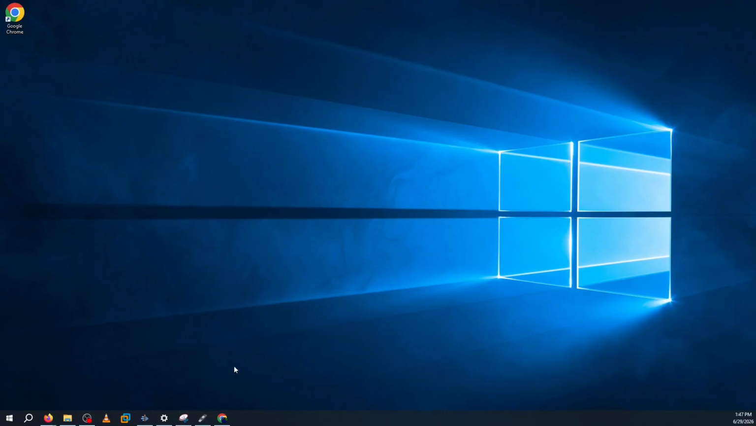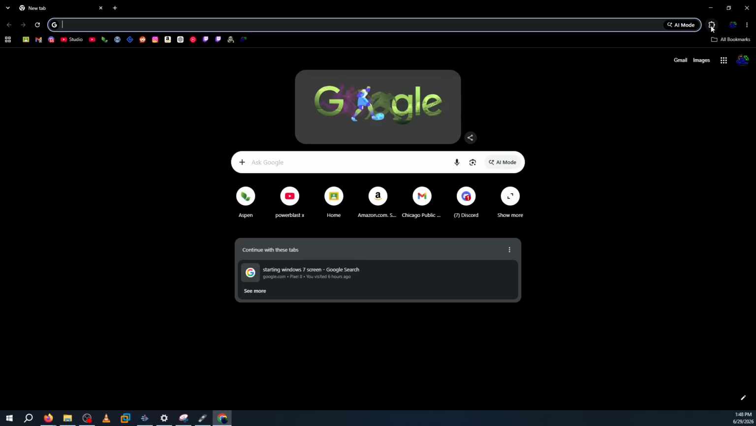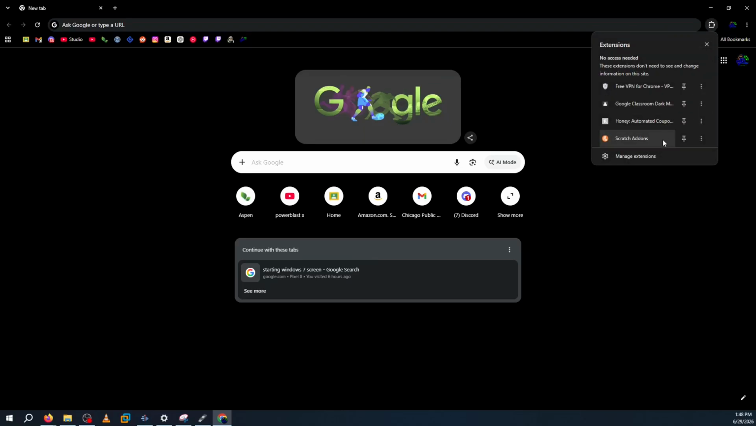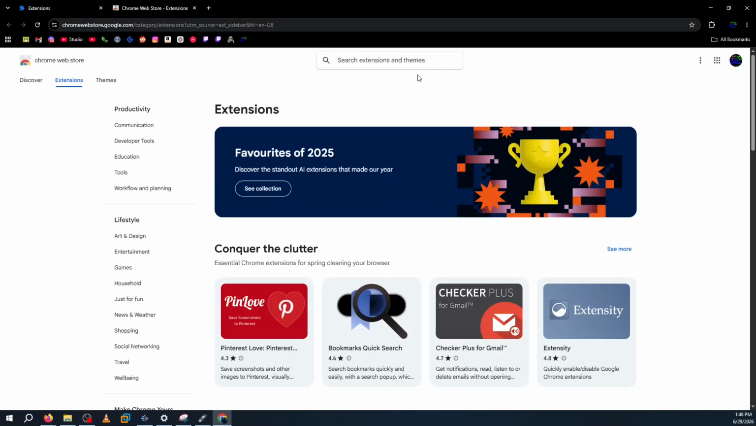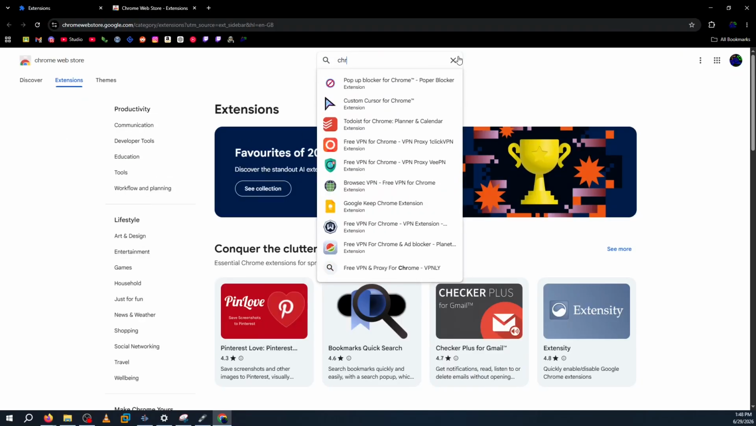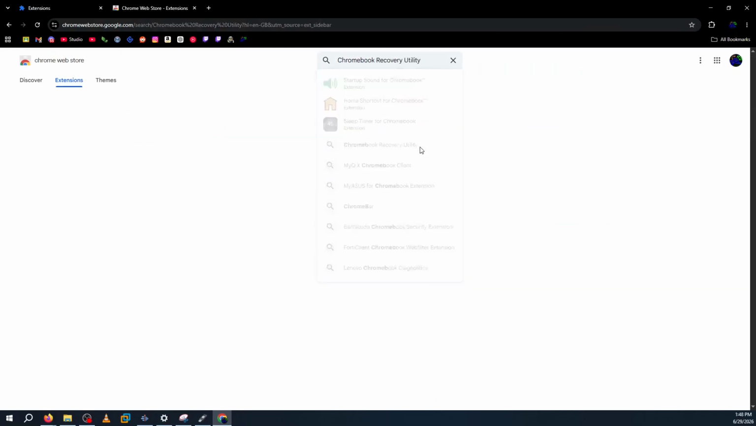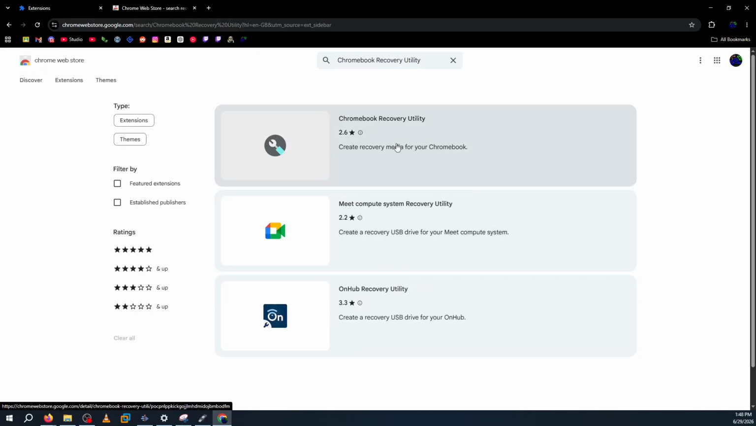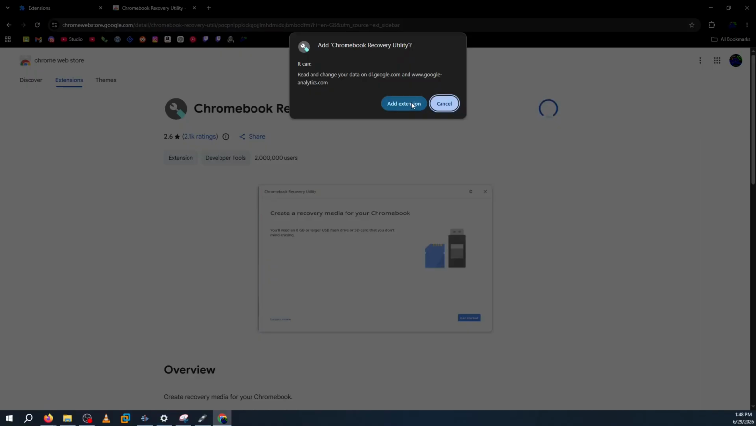On the other computer, open up a Chrome based web browser. And now on the top right corner, click on this extensions icon and click on manage extensions, and then on the side here click on Chrome Web Store. And now in the web store, search up Chromebook recovery utility. And click on the first result here, and then click on add to Chrome, add extension,